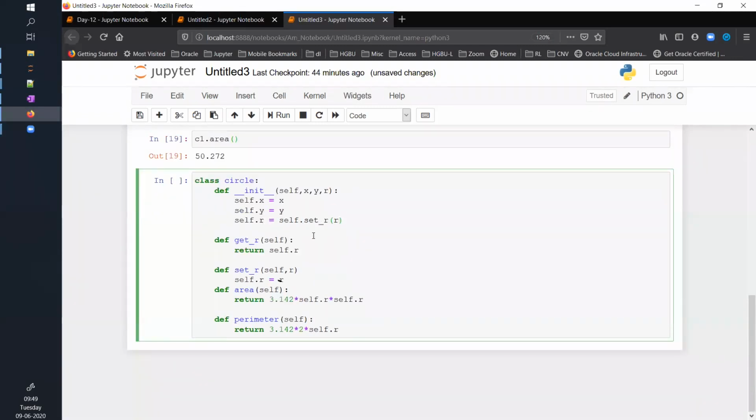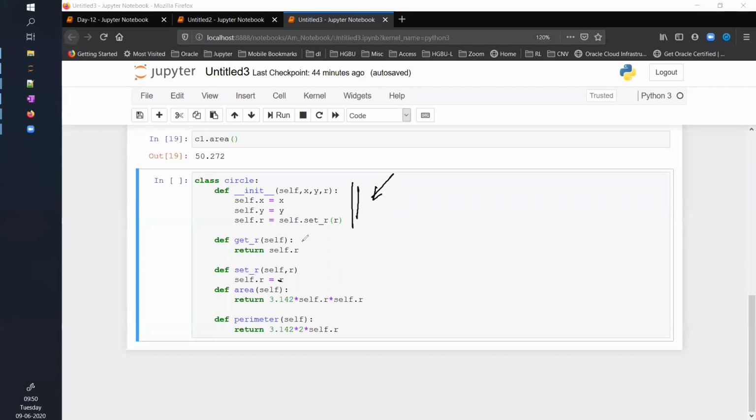Let me explain what I have done so far. I have created this blueprint of circle. This def __init__ is for initialization. And I was discussing the importance of getter and setter methods. When you use getter and setter, you are saying I will only allow access to some of the variables if you have some level of privilege, some kind of rights, admin rights or something, then only I will give you access to this data.